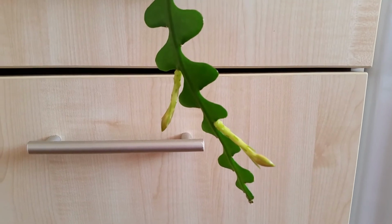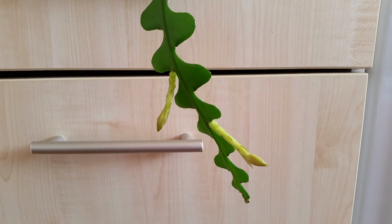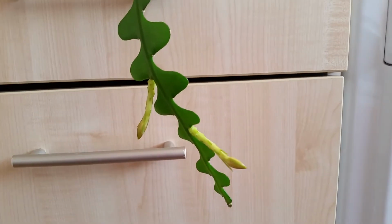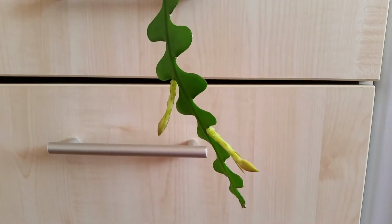Hi everyone, so today I wanted to share with you another bloom progression video. This time it will be for my Epiphyllum Anguliger, which I also believe is known as disco cactus now. This is another epiphytic cactus,